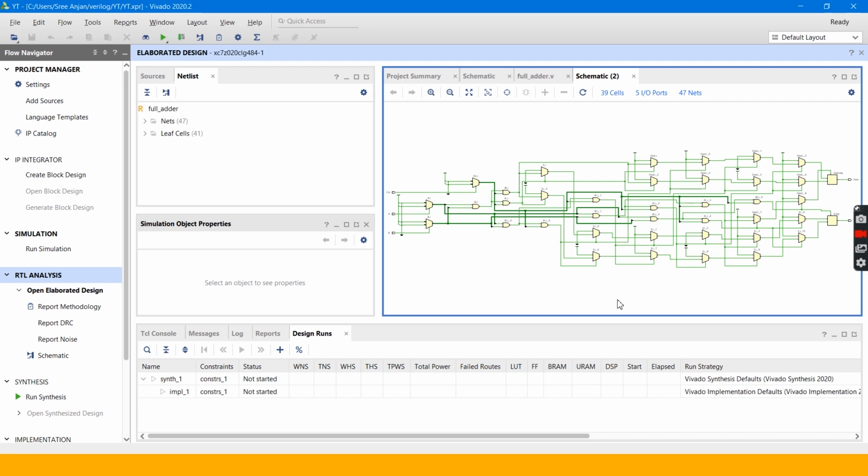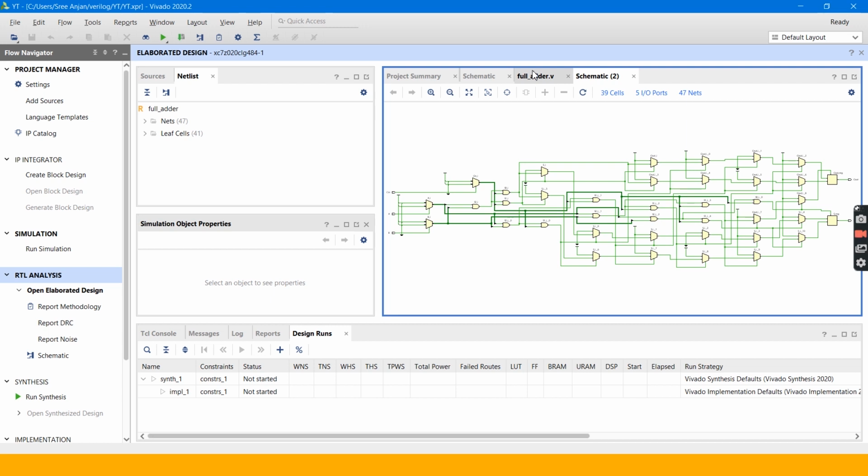Otherwise we would get the same circuit diagram if we use data flow modeling or gate level modeling. So here we found the schematic.